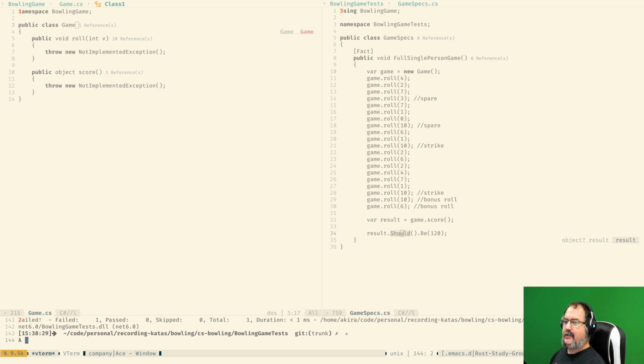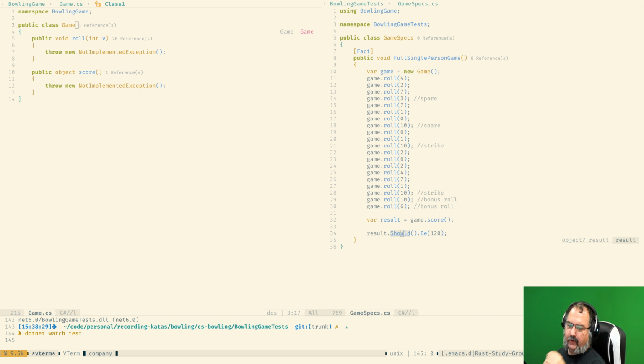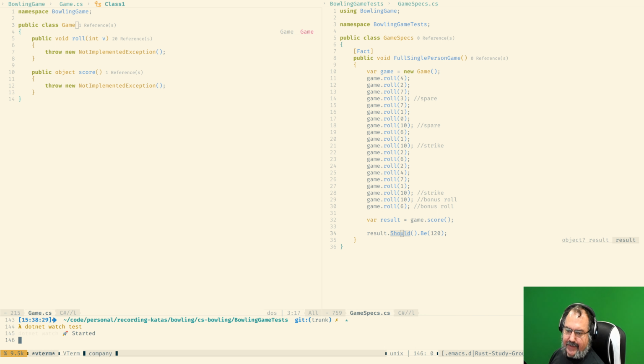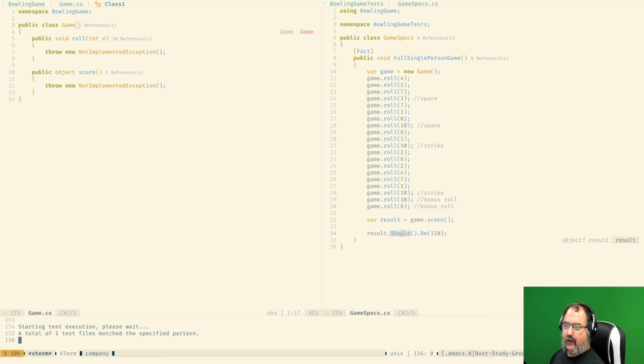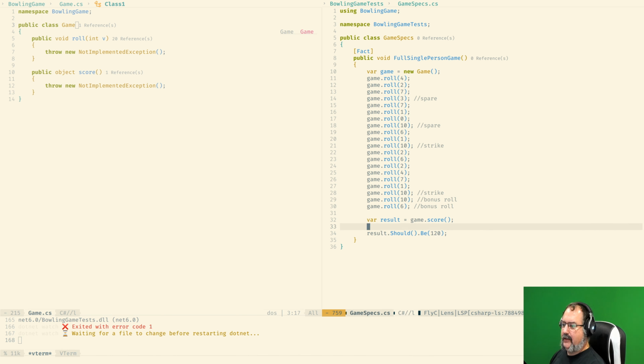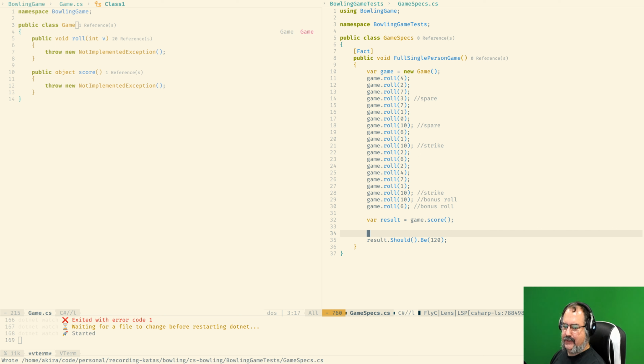For example, if you are using .NET watch test, which basically will keep looking at all the files that it knows about and see if there is any change on those files, and it will run the test for those files if something changes. You can see that it has failed over there. Let's say, for example, this change, and you can see that it's running again at the bottom of the screen.